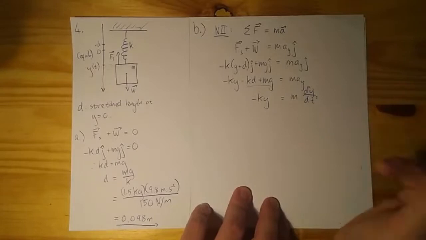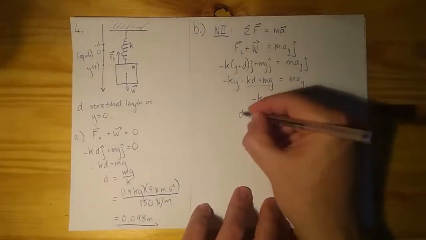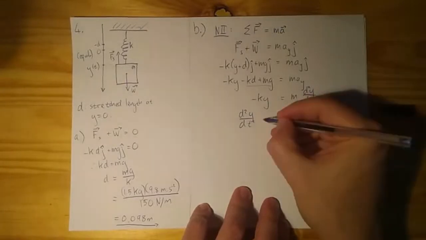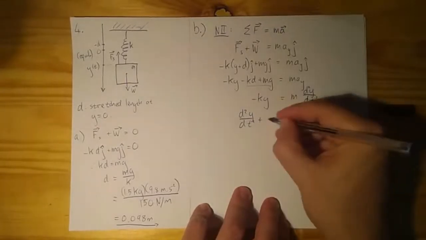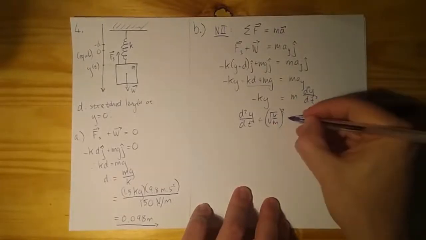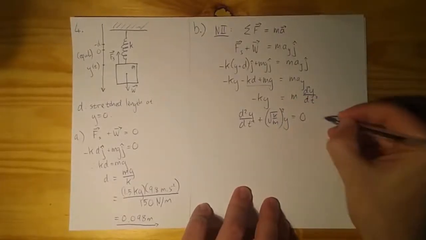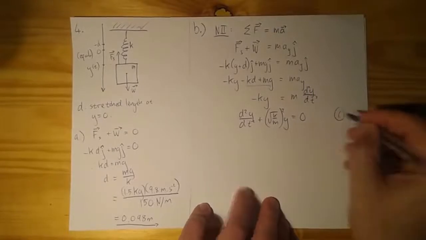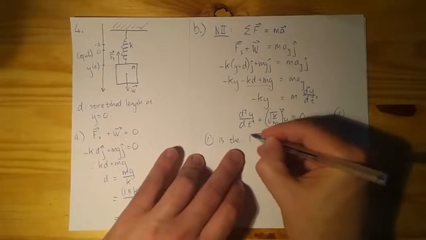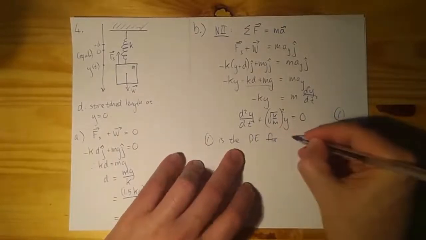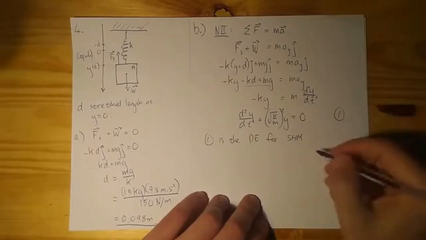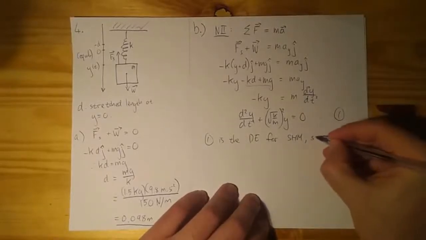And now it's the same as the previous problem. Let me just rearrange it and get the second derivative of y with respect to t is plus square root of k over m squared y is equal to 0. And let's call this 1. So 1 is the differential equation for simple harmonic motion. Again, you can leave it that way, or if you want to be more complete,